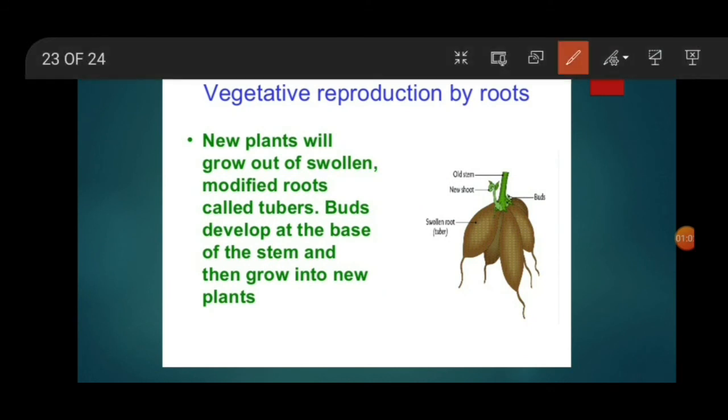Then there is vegetative reproduction by roots. New plants will grow out of swollen modified roots called tubers. Buds develop at the base of the stem and then grow into a new